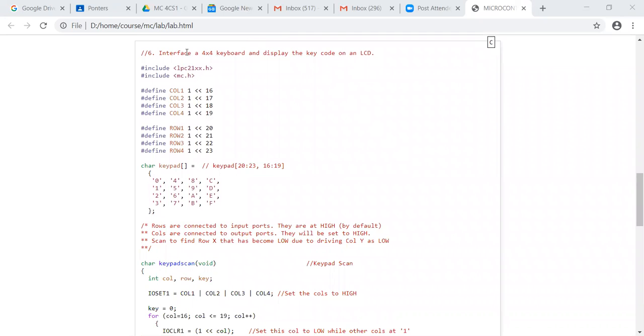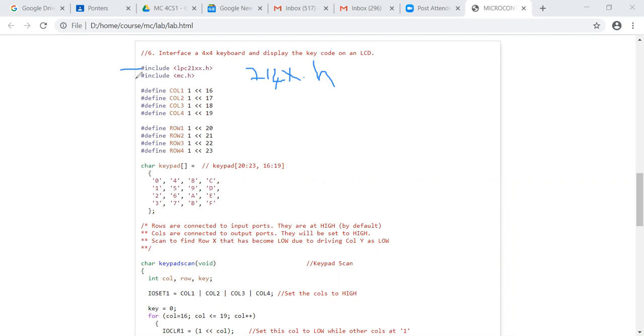So go through from the beginning. We have included LPC214X.H. This can be 214X also. Some programs use 214X.H.